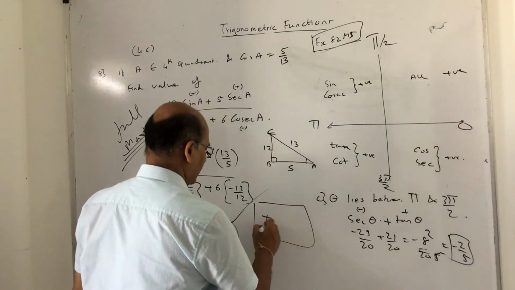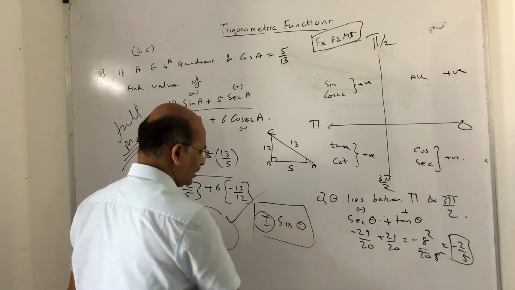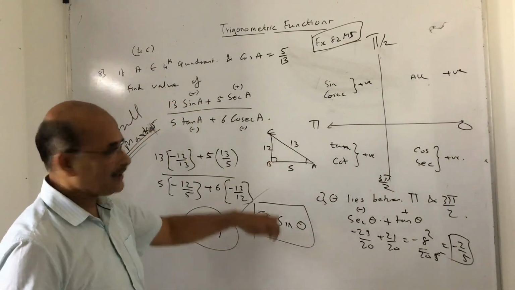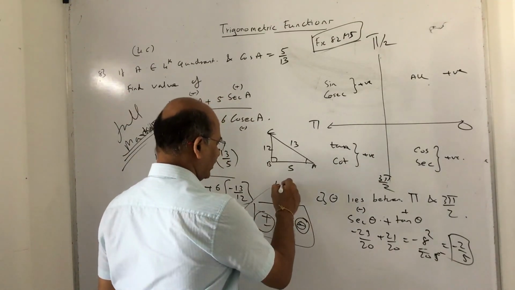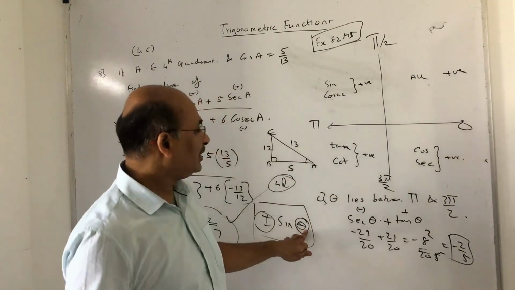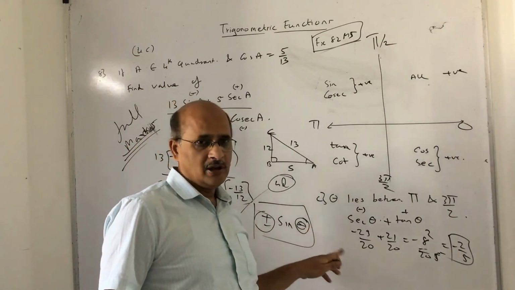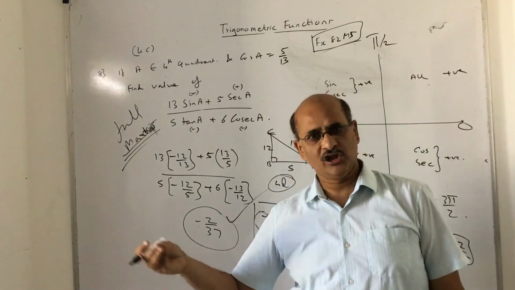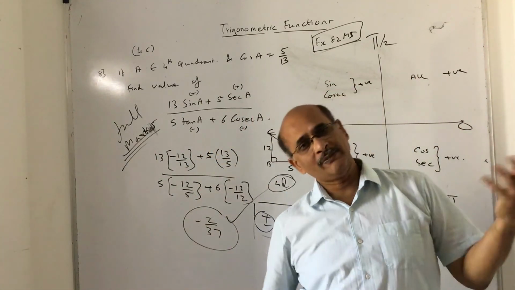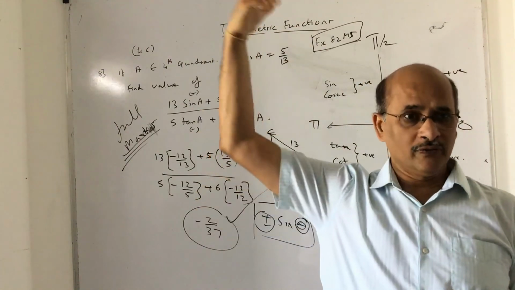It is plus or minus sine theta. Now, this was the sign. Apply the basic rules. Now what you are going to study is 4D, right? That is this theta. Finding the value of a trigonometric function of an angle. It need not be restricted to 0 degree, 30 degree, 45 degree, 60 degree. It can be 135 degree. It can be 425 degree. It can be 750 degree. It can be 1050 degree.